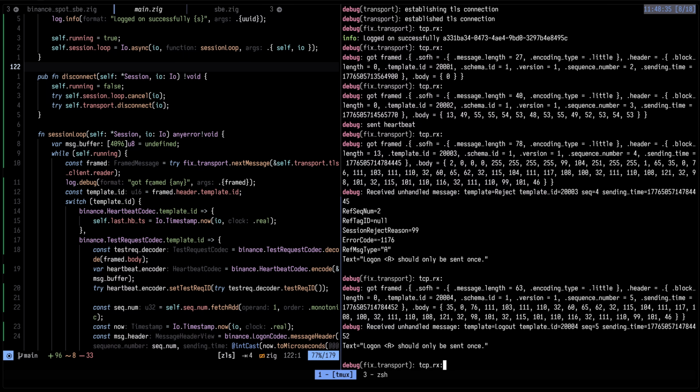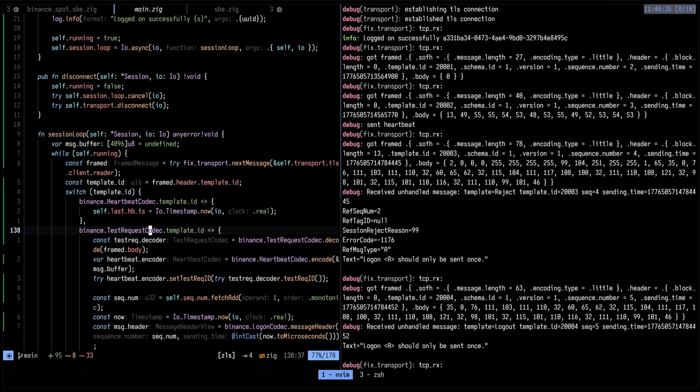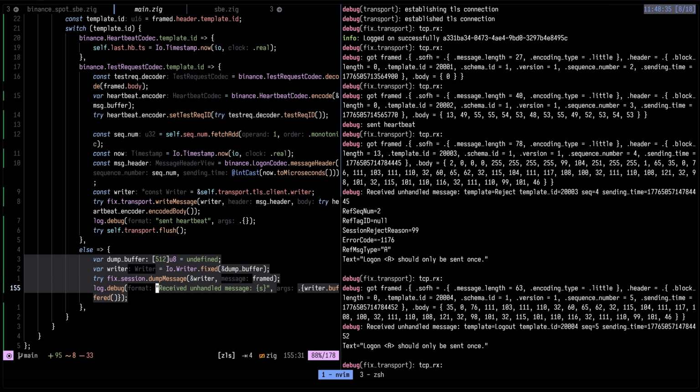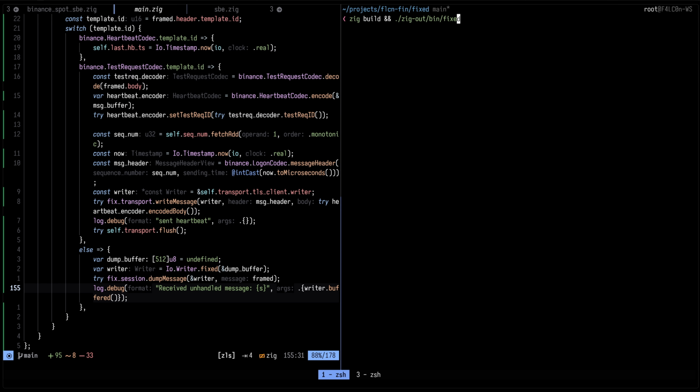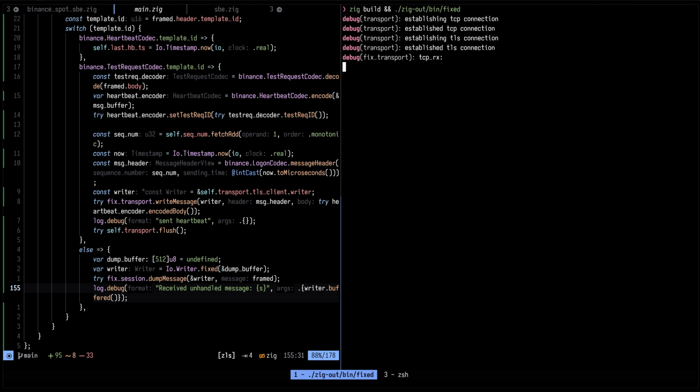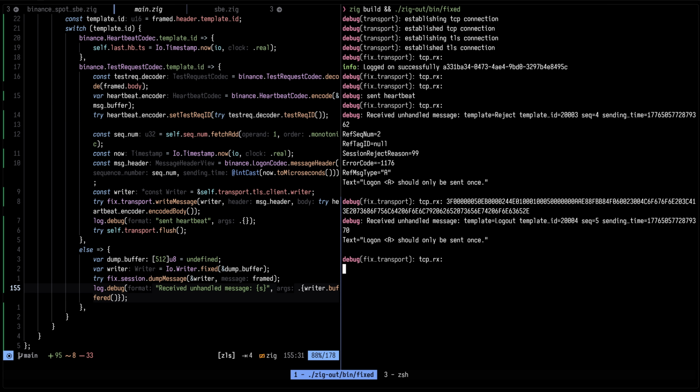So where do we get framed? So that's here. I think we just don't care about this anymore. We are going to go down this unhandled message route here if we ever get one that we did not handle. So here we are getting the log. Right, so this guy